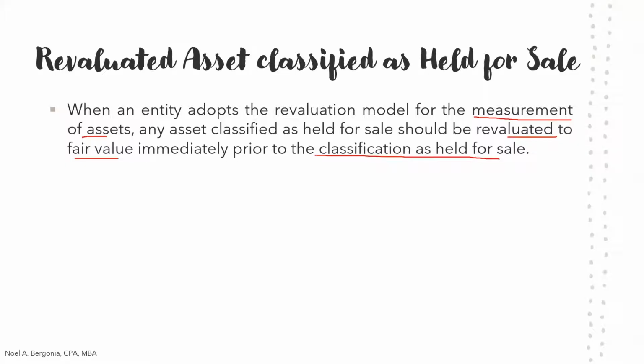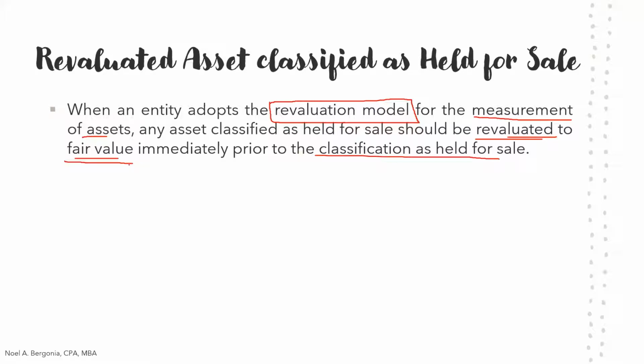Earlier, if we recognize an impairment loss, that's okay because that's the difference of the carrying value and the fair value less cost to sell. However, in this case, at the time that we reclassify it from the revaluation model asset, whatever asset that is, you should first revalue it. So if there is an increase in the fair value, then it's an additional revaluation surplus. We will talk about that later in our example.